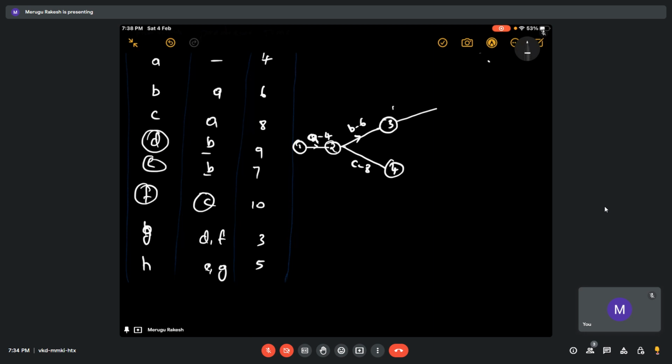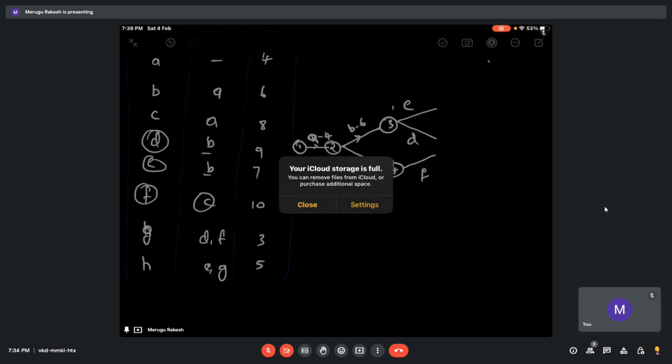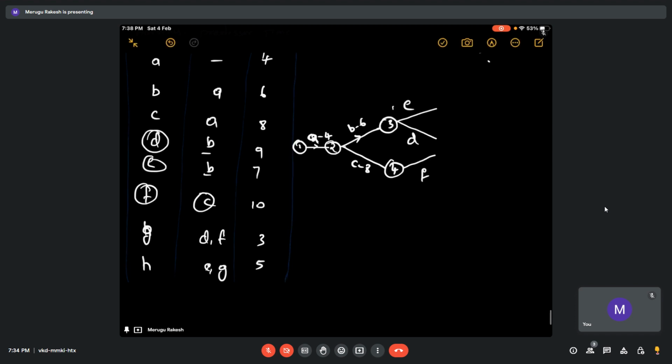So now we have B and E. Okay, and from C we have F. If you see why I have drawn this D below is, next D and F are joining G. That is the reason that I have kept it here. Okay. So let me write this 5. This is G because D and F are